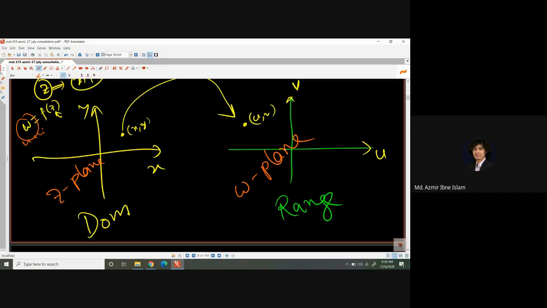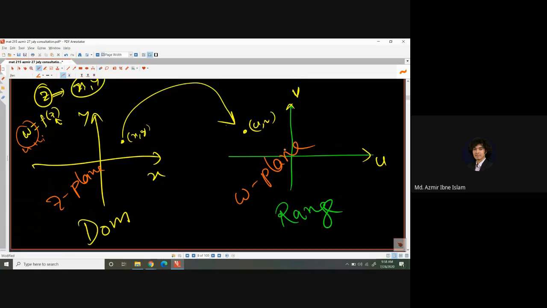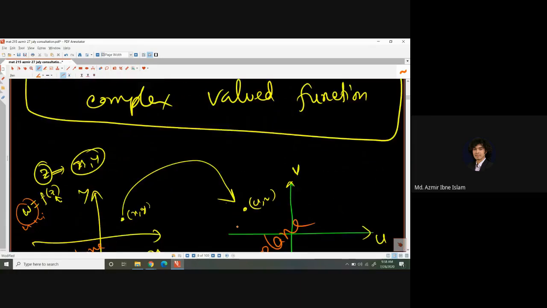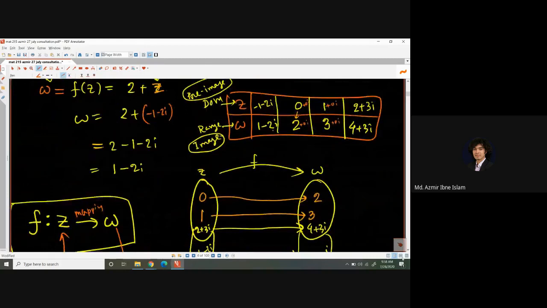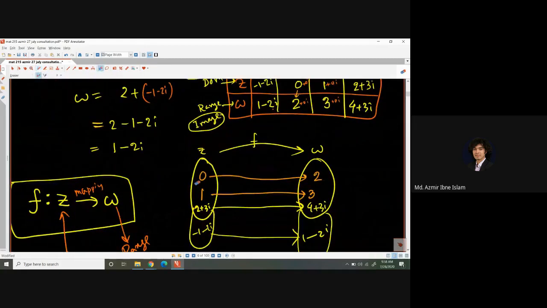That means actually we need 4 dimensions for a complex valued function just to have the actual figure. But we can't draw 4 dimensional figures. We can just think intuitively. So in an abstract sense, we can draw the domain in a 2 dimensional part separately. We can draw the range in another part. So from this example, what we can do,